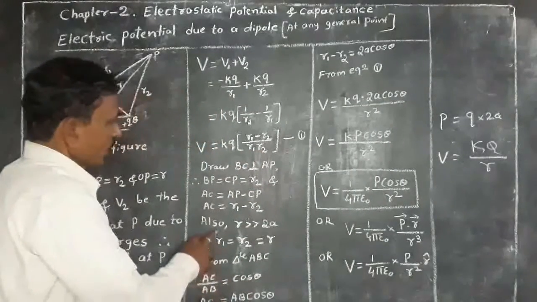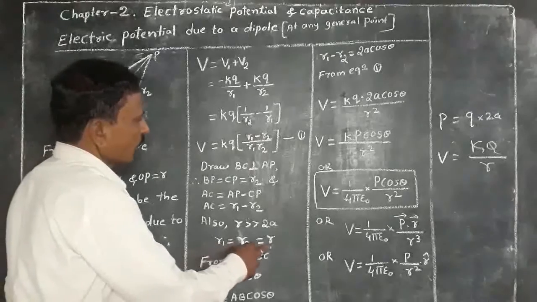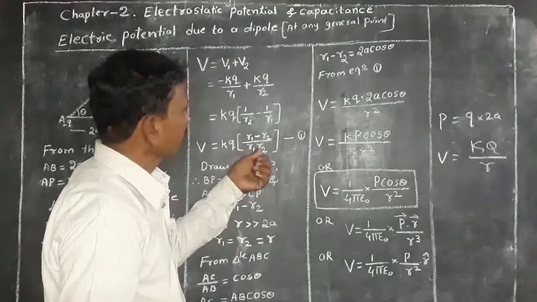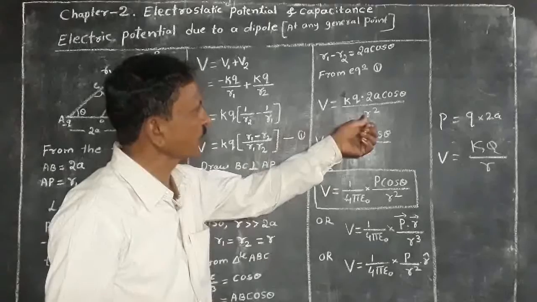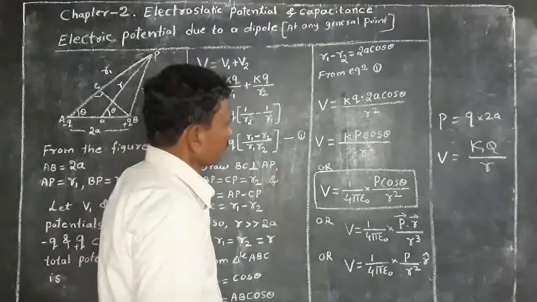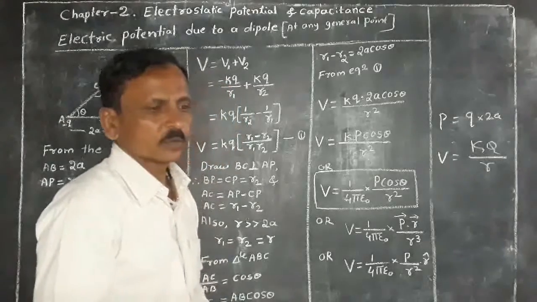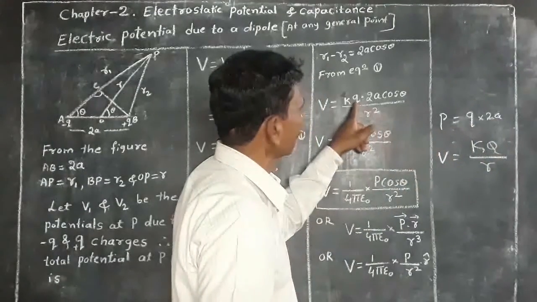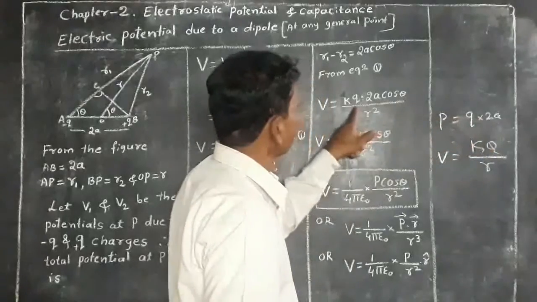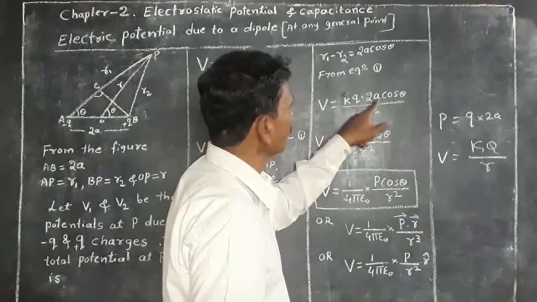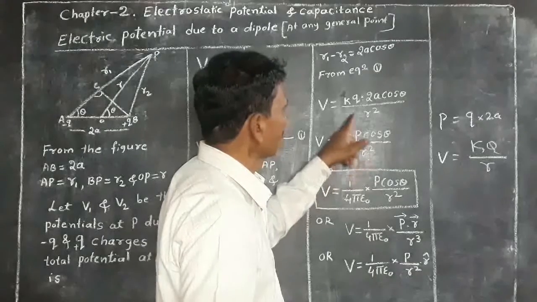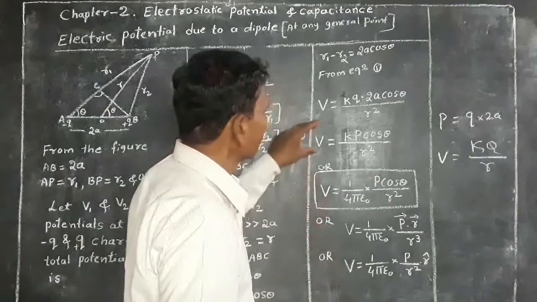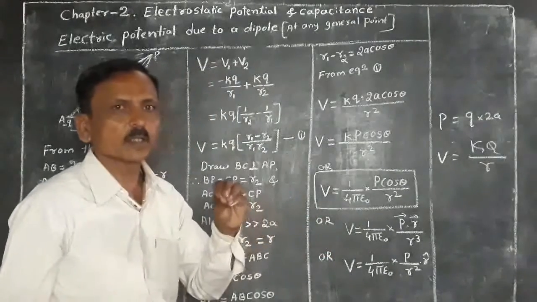Here R1 is equal to R2 is equal to R if the point is at a far off distance. Hence R into R is equal to R square. And according to the definition of dipole moment, P equals Q into 2A. Therefore, P equals Q into 2A is called the dipole moment. Hence, it can be written as K P cos theta upon R square. This is the expression for potential at any point